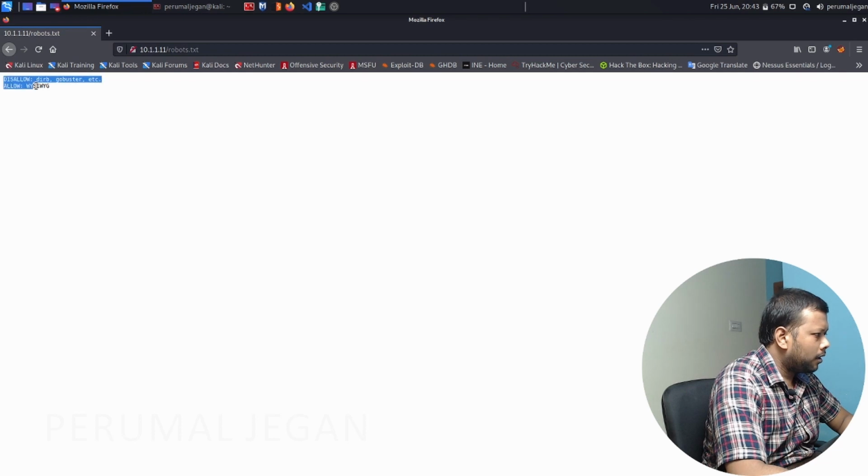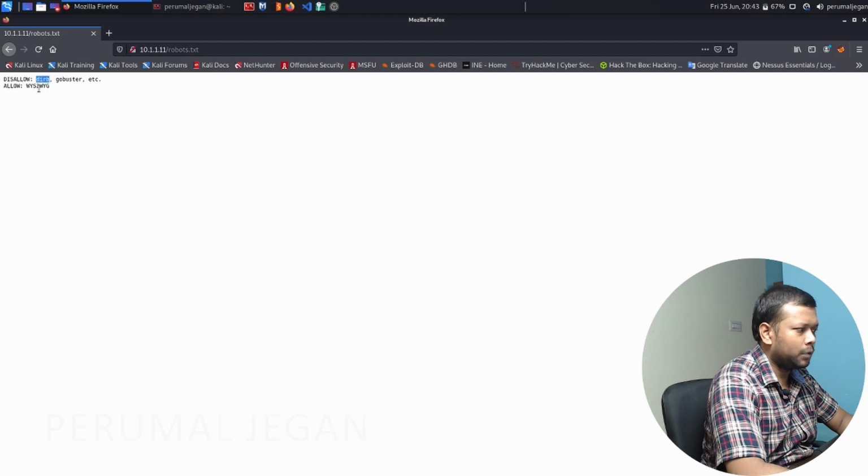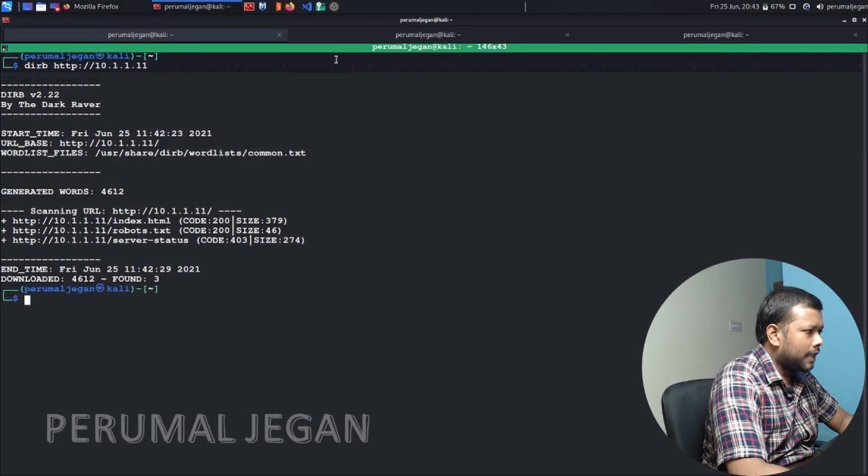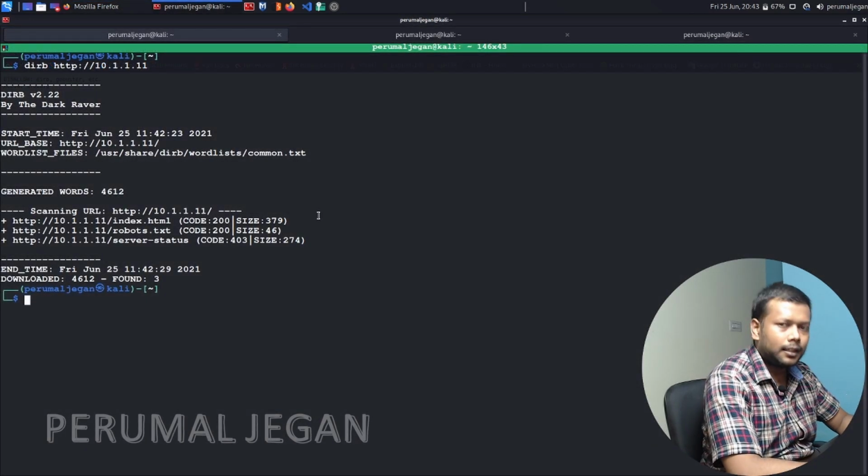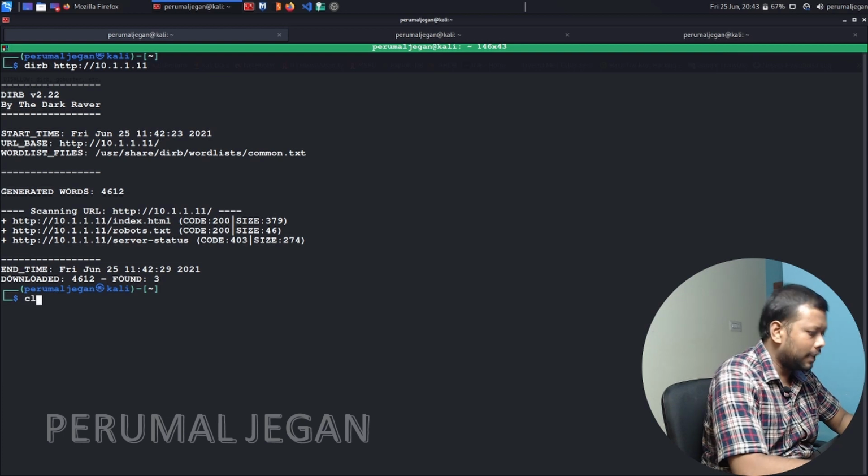Okay, I found a statement: disallow dirb, gobuster and etc, allow vhost. I don't think it is worth the info. As I said in the nmap results, port 21 is open and anonymous login is possible. So let's try that.